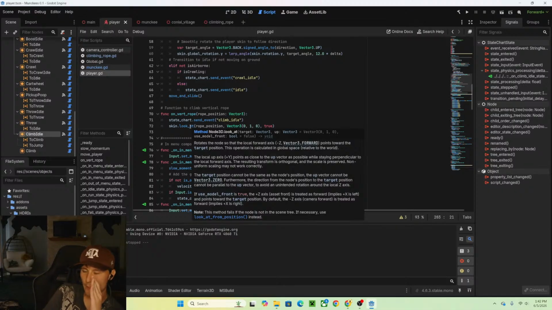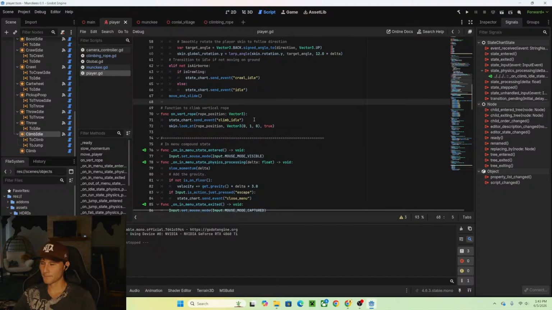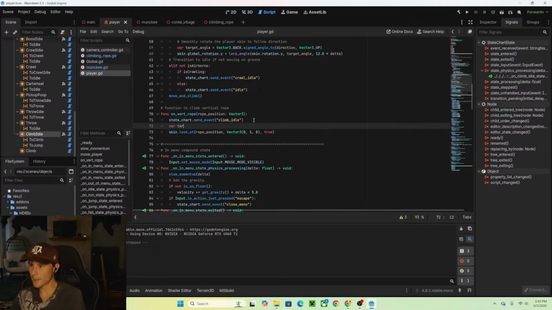I want the y coordinate to be... okay, yeah, so I want, okay, var target, or just var target equals Vector3 rope position dot x, and then